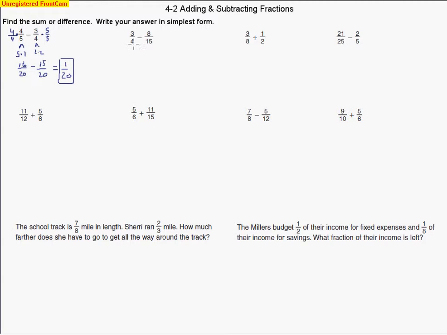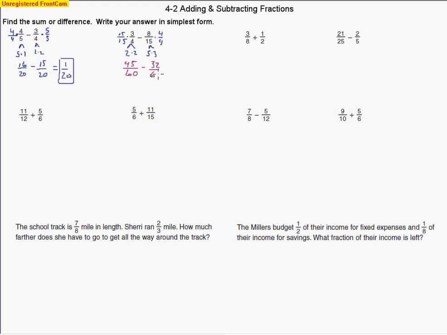We see this one has a factor of 4, and this one has 15. Again, the 4 can break down to 2 and 2, but 2 is not even a factor of the 15. It has factors of 5 and 3. So the 4 here needs a 5 and a 3, so I'm going to end up having to multiply it by 15/15, where the 8/15 is going to need that 4. And so I'm going to multiply across, and this is what I get, 45 over 60, and then minus 32